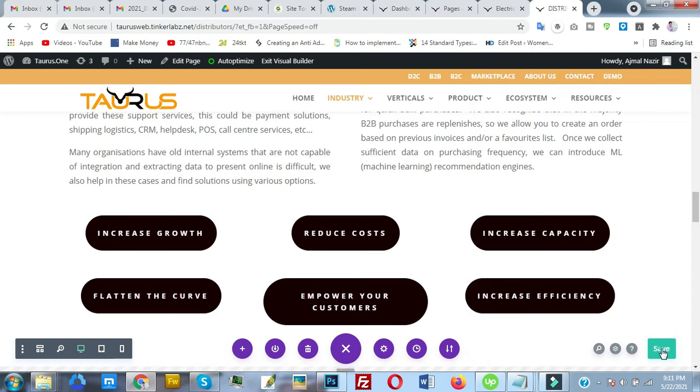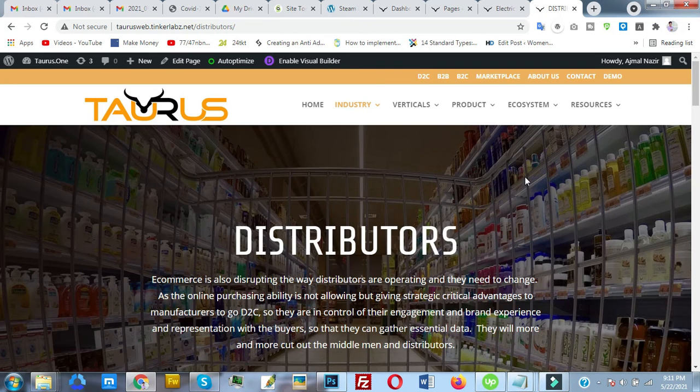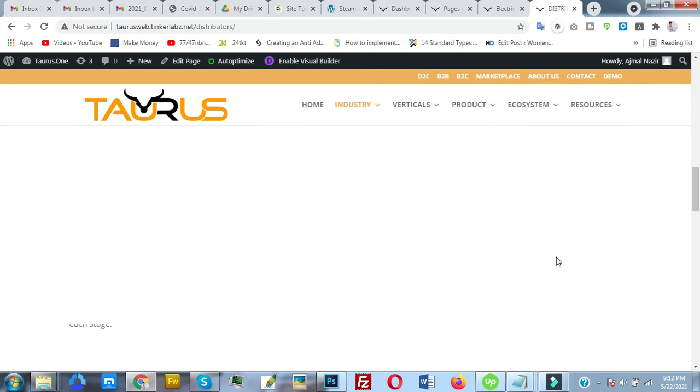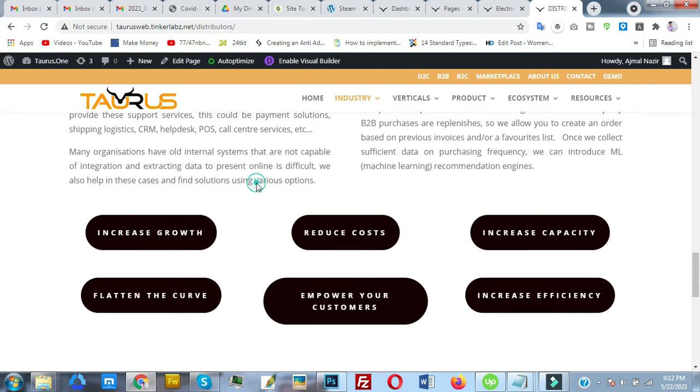Okay, now let's save the page and it should now work differently. Let's reload the page. I saved and now reload the page. Hopefully it will work fine, and we have to do it for different pages separately. Okay, now here we have our button, and let's try to check it.